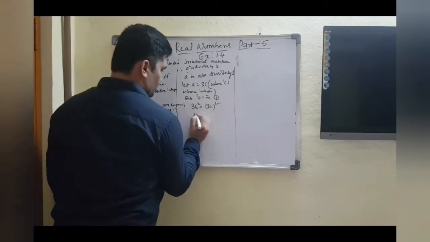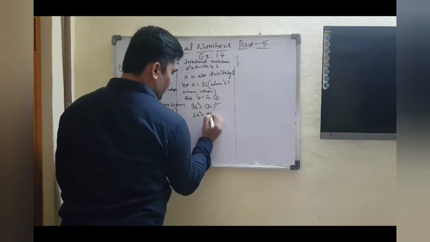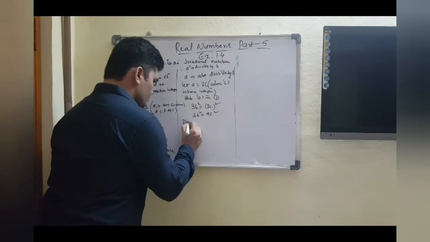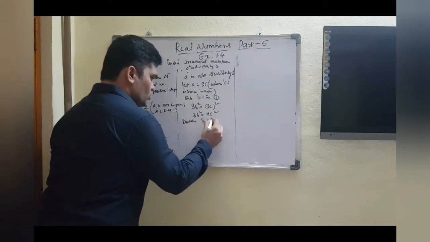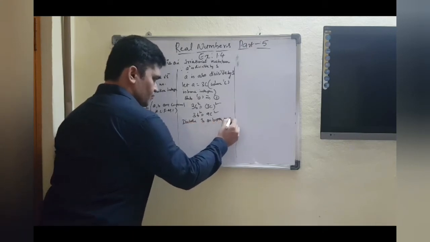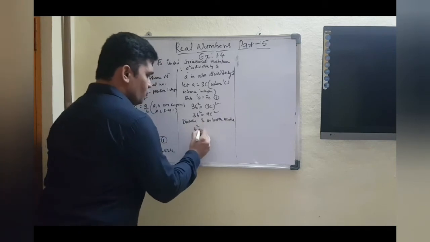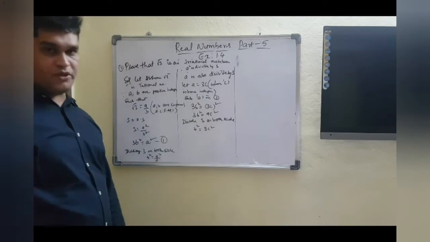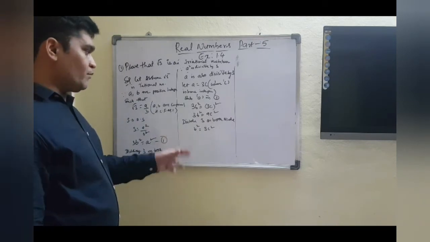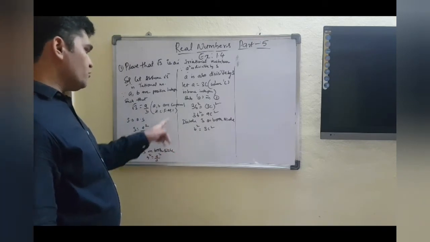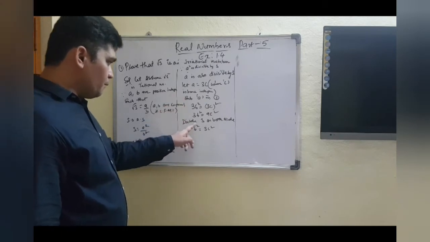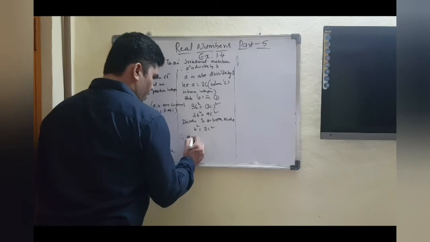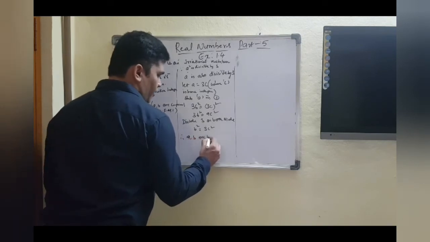So it will be 3b square equal to 9c square, right? Again I am going to divide 3 on both sides. So what will happen? It will be b square equal to 3c square, because 9 by 3 is nothing but 3 itself, right? So we have come across that a is also divisible by 3 and b also got divisible by 3. So therefore we can say that a and b are having